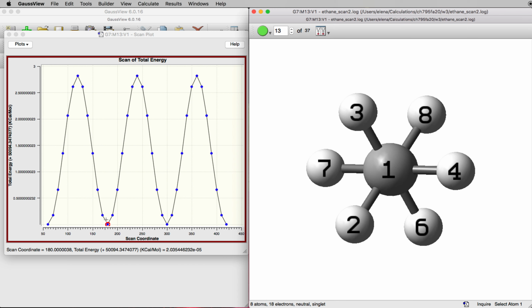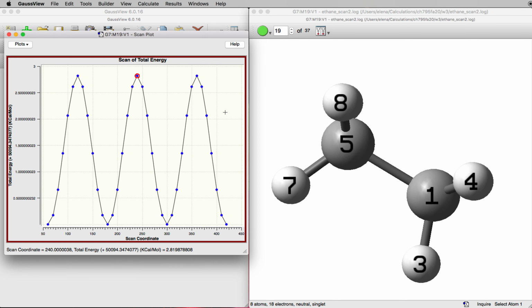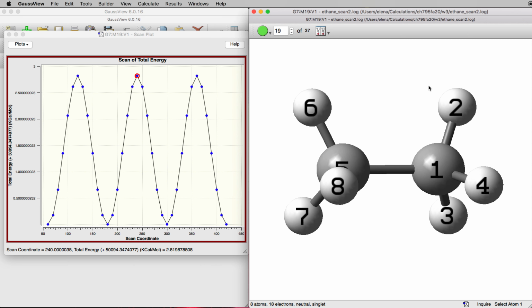So if I want to find the real minima and if I want to find the actual transition states, I have to perform structure optimization or transition state optimization. Before I show you how you perform a transition state optimization, I'd like to point out that the barrier to rotation of methyl group in ethane is really small.